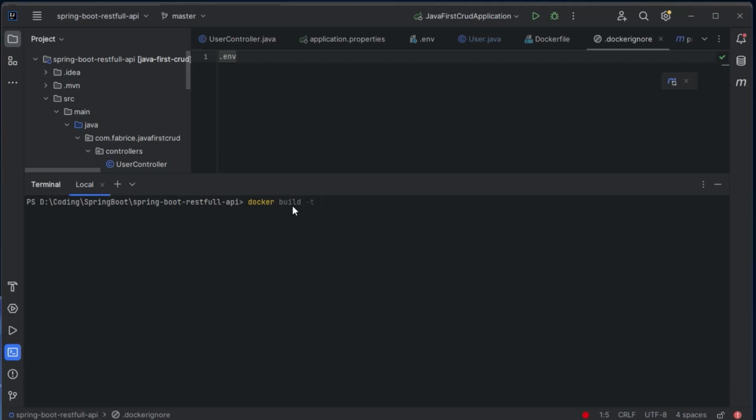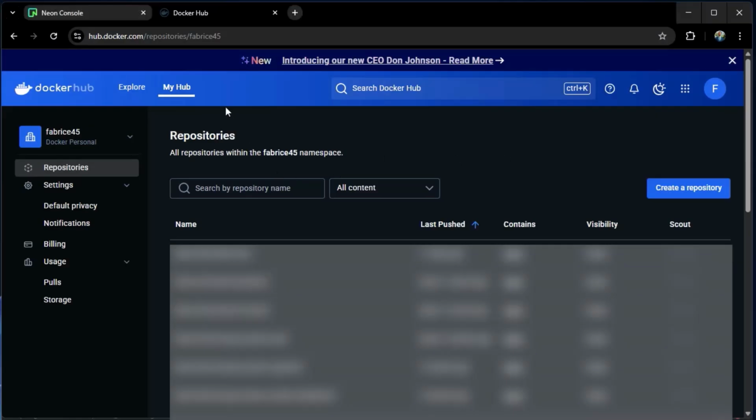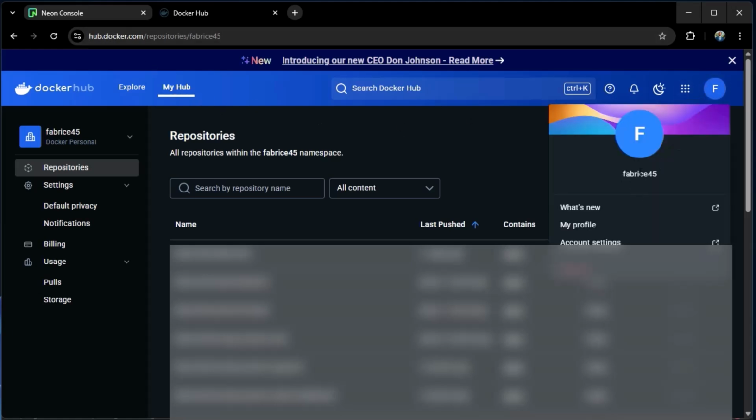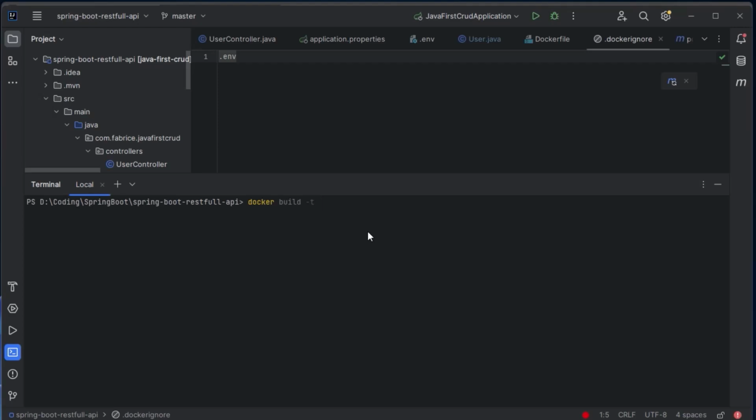the tag of your Docker image. If I go back to Chrome, within my Docker Hub you can see my username is this one. I always like to tag my Docker image by starting with my username, just like this, and then a slash and you can provide whatever name you want.